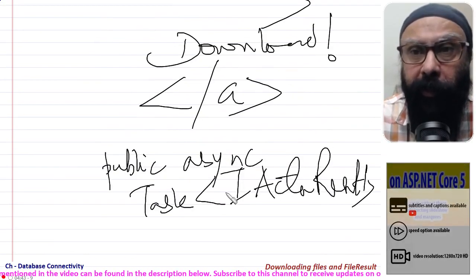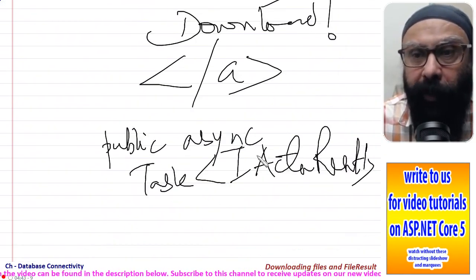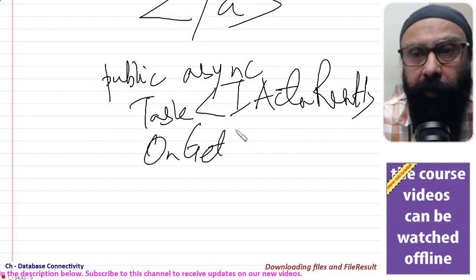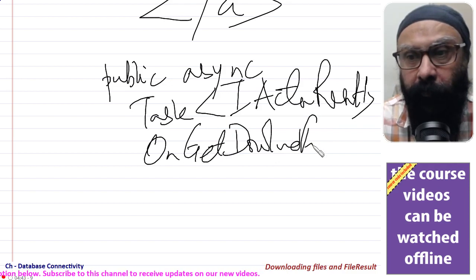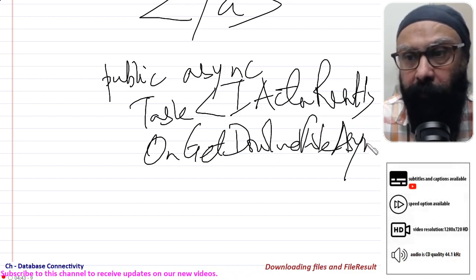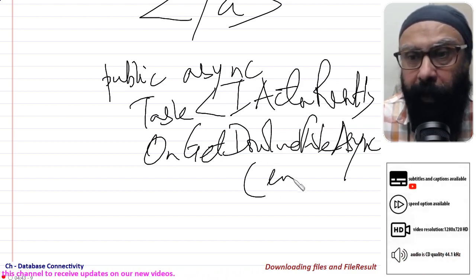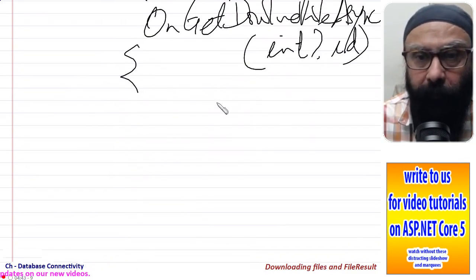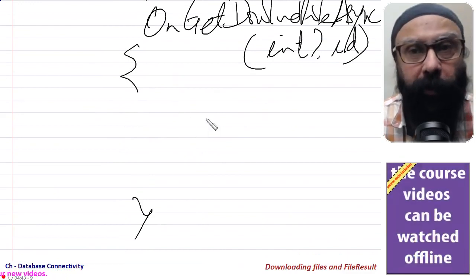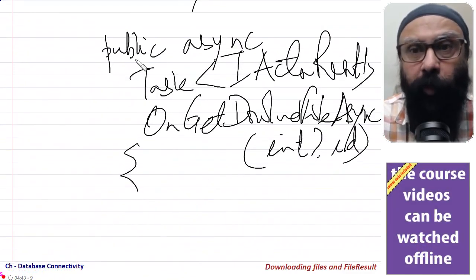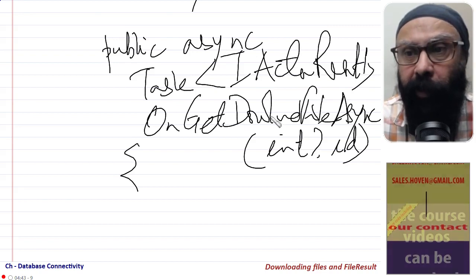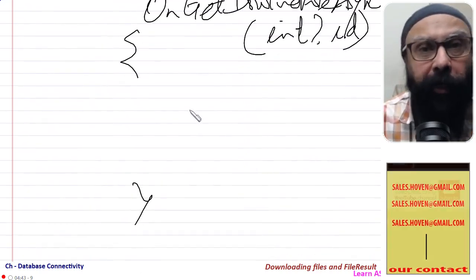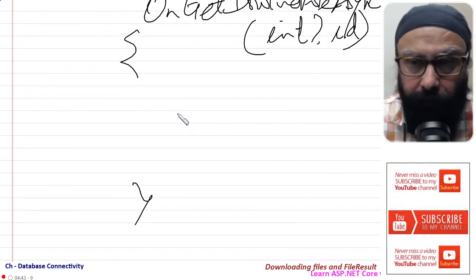There we had the name download file, so the name of this function will be OnGetDownloadFileAsync, and it receives the ID of the file to be downloaded. You can have a look: public async Task IActionResult OnGetDownloadFileAsync int id. So this will receive the ID of the file to be downloaded.